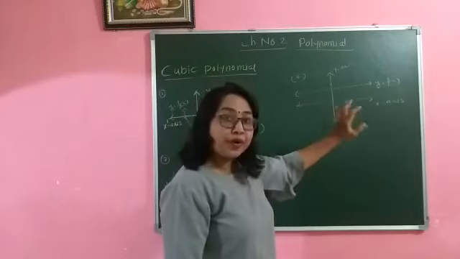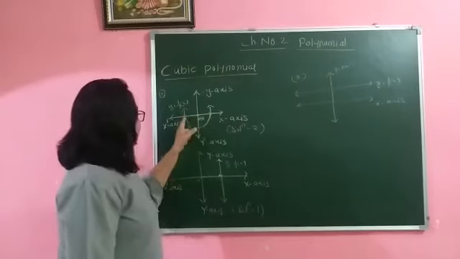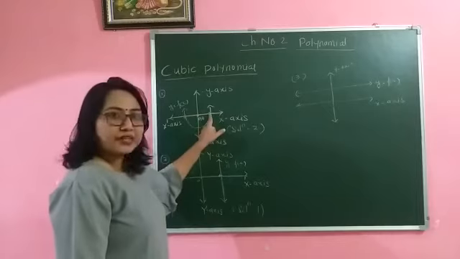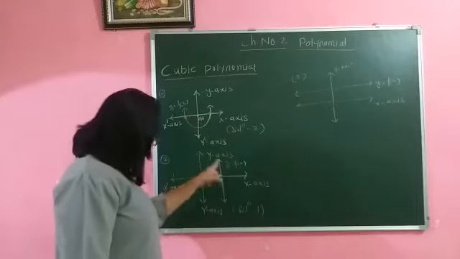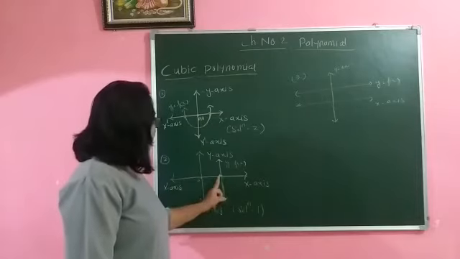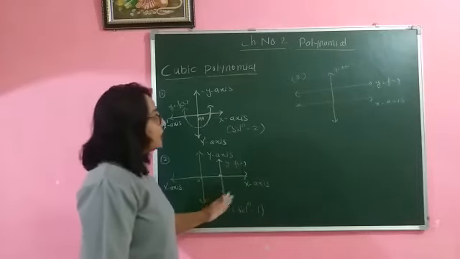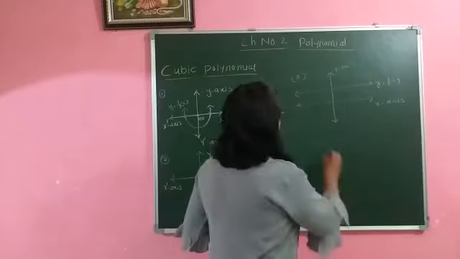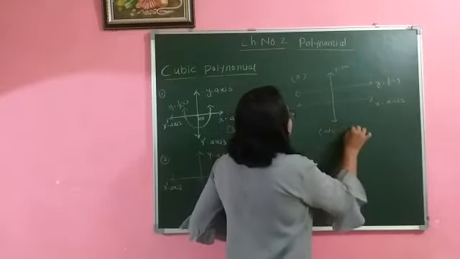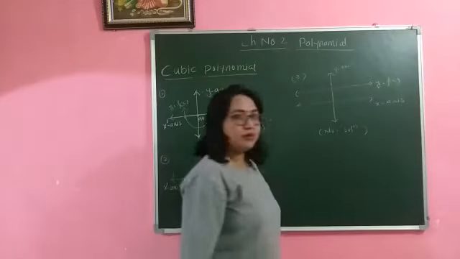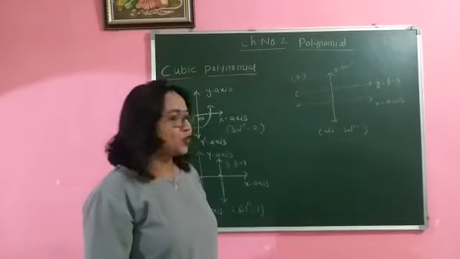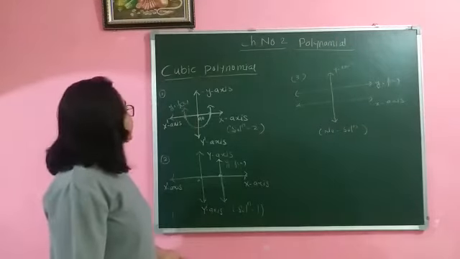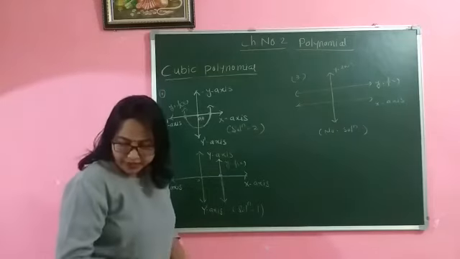There is no intersection with the x-axis. Okay, you can see here, this polynomial intersects the x-axis in 2 points, so 2 solutions. This line intersects the x-axis in 1 point, so there is only 1 solution. This line is not intersecting the x-axis at any point, so we have no solution. No solution means zero solutions. Okay, so let us discuss exercise 2.1 here, which is totally like this only.